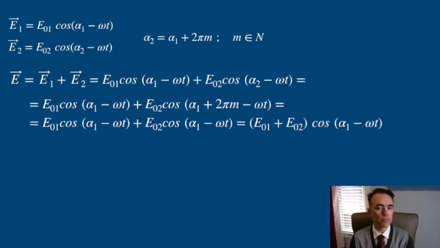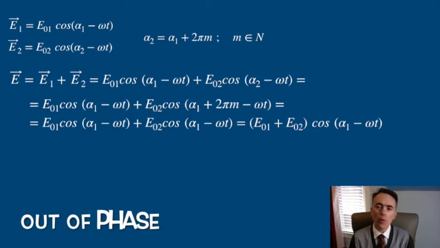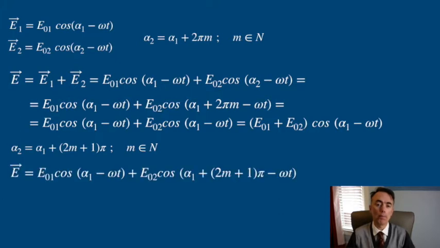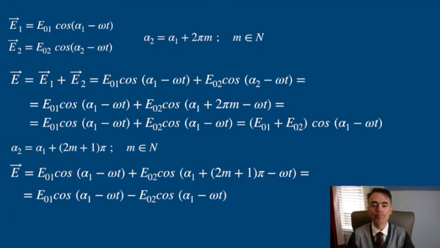But if both waves are out of phase at that point, alpha 2 is the same as alpha 1 plus an odd number of pi. This will write as alpha 1 plus (2m plus 1) times pi, where m is an integer number. But the cosine of theta plus or minus pi is the negative cosine of theta, so